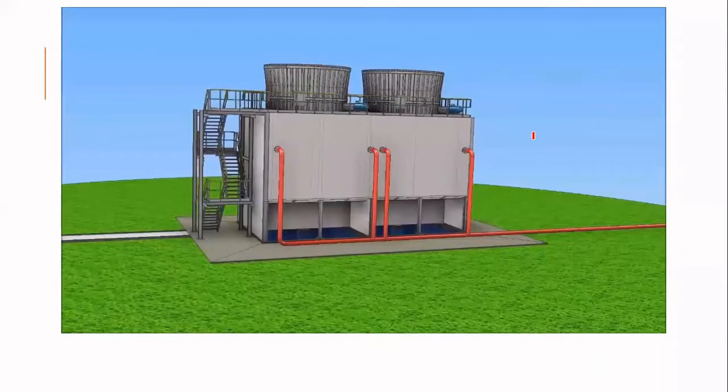Here you can see this is also a heat exchanger, and this is the size of a large building. The size might be equal to our mechanical block building, or maybe even greater than that. So generally heat exchangers are large in size, and these can be very compact also. For example, the ones which we are using in our automobiles, those are radiators and all. So a radiator is also a heat exchanger, and that is compact in size.